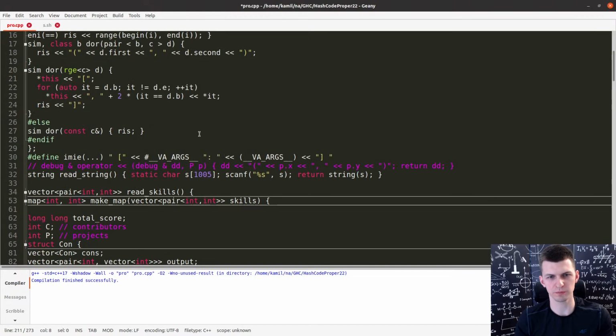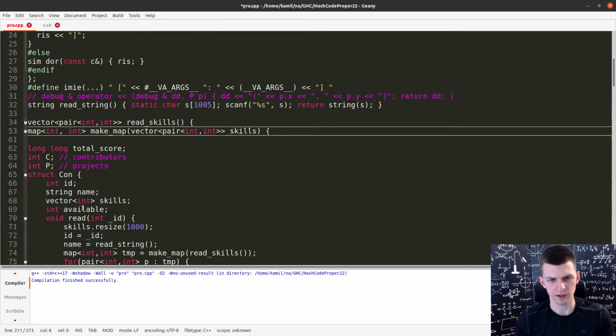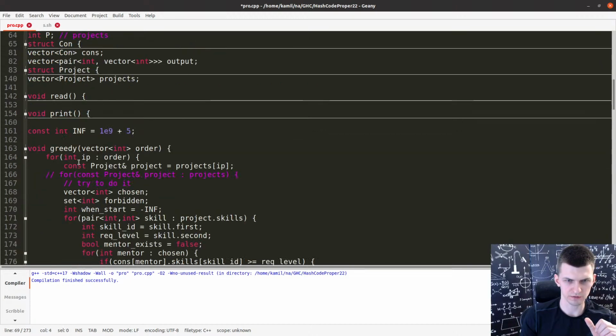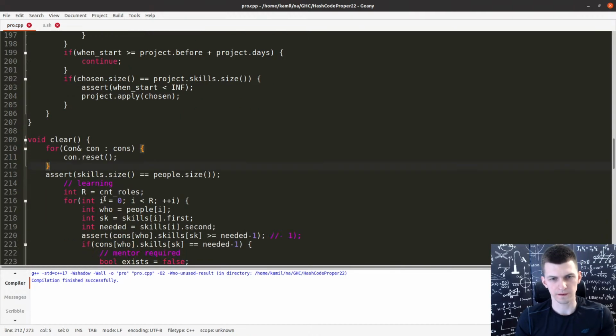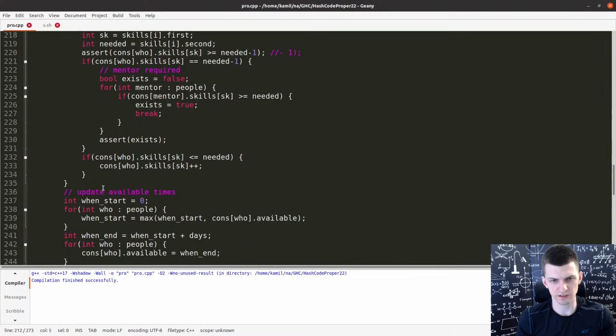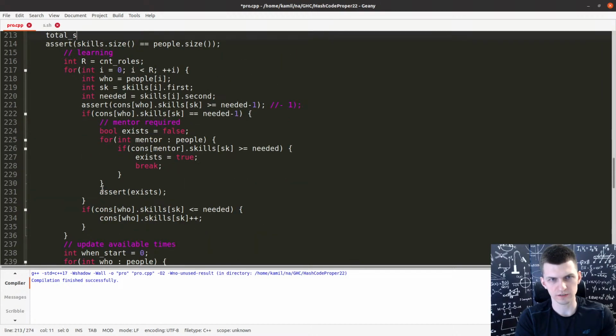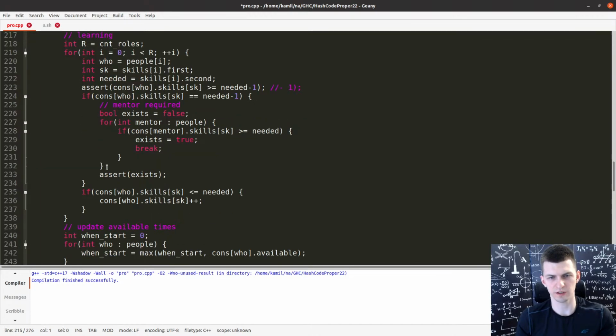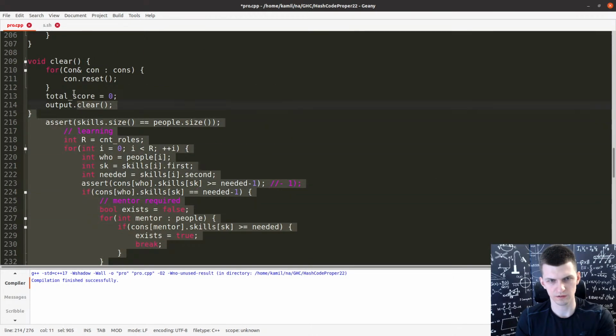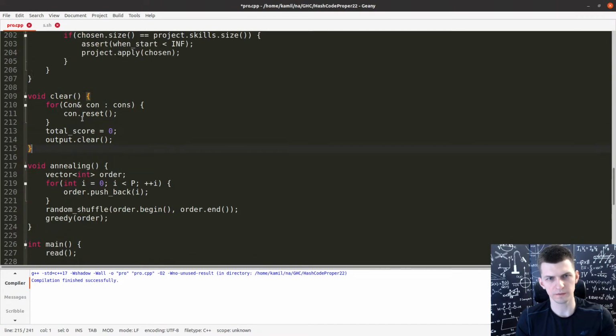Maybe developer would be a better one. For every programmer, his skills should be reset and his available time should be set to 0. But skills need to be remembered actually. So for every person reset him, total score is 0, output clear. I think this should be enough. So we have clearing.